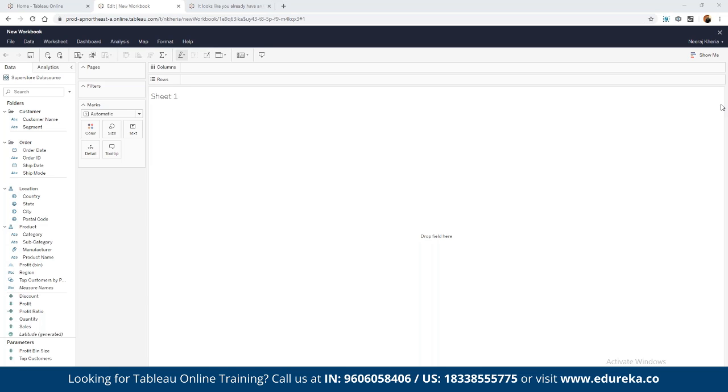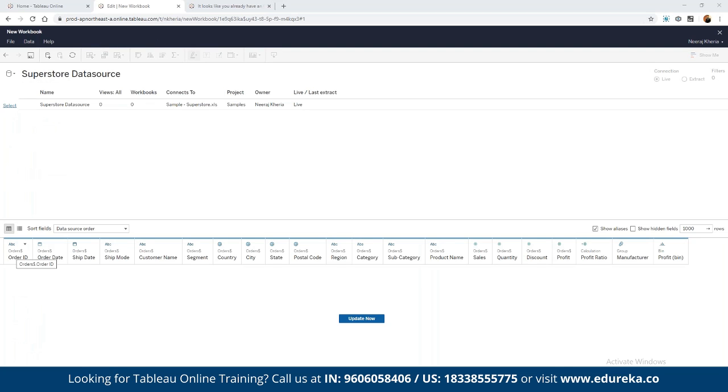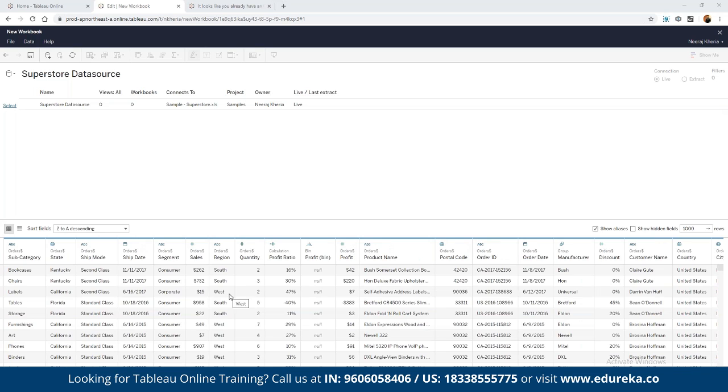So basically now, if we want to go to the entire data source here, for example, we have the entire data set available for order ID, order date, ship date. Then we have ship mode, customer name, and multiple other data. We also have data for the sales, the segment, how many sales have been achieved, the region, the quantity, the profit ratio that we have achieved for different categories of products. We can get the profit as well,